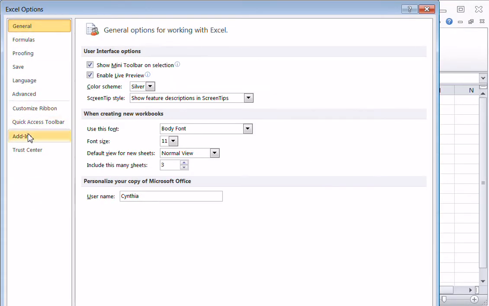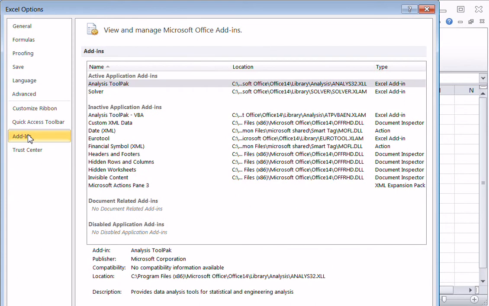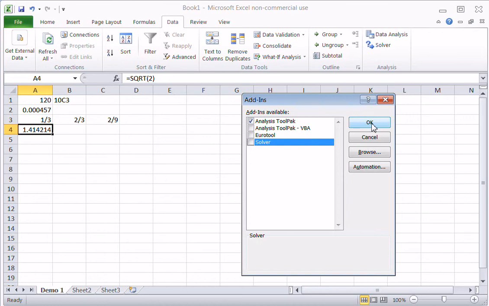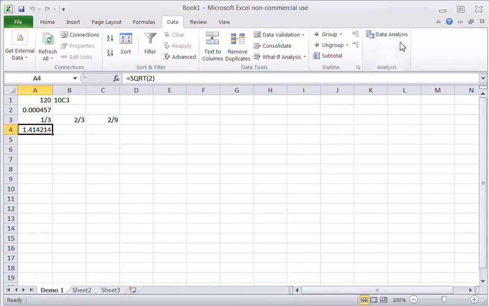Here, go to Add-ins, and then down here at the bottom, Excel Add-ins, click Go, and then notice here this box with the add-ins will come in. So here on these add-ins, you're going to want the analysis tool pack, and so you would click OK, and then it will download that for you. Okay,